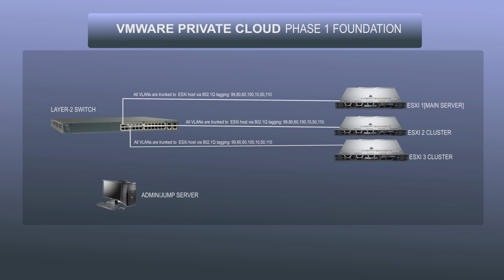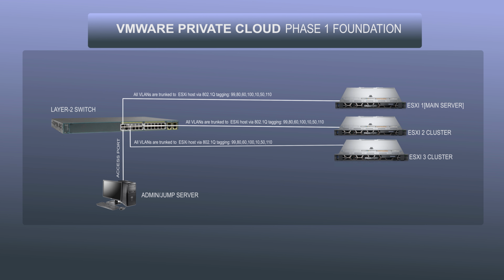Now, let me explain the workstation, also called the admin or jump server. This machine lives on VLAN 110, which is my admin VLAN. On the switch, the port for this workstation is not a trunk. It is an access port. That means it only carries one VLAN, VLAN 110, because this device only needs access to the management side of the environment. From this workstation, I manage everything inside VMware logically, such as vCenter, ESXi hosts, OpenSense firewall, and all the